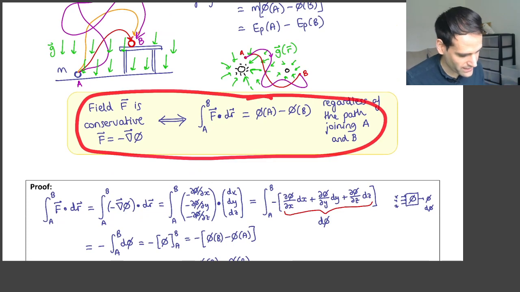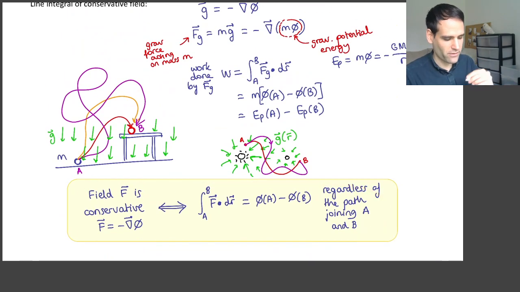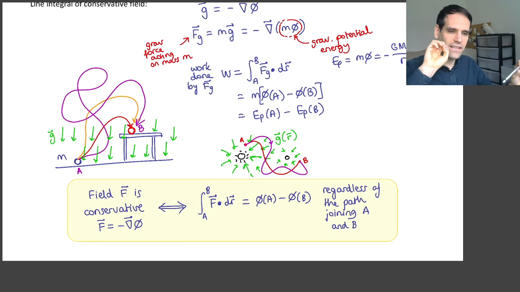And the consequence is that the work done by conservative forces, which are forces associated to a conservative field, will only depend on the potential energy at the initial point and at the final point. Actually, they will only depend on the difference between the two energies. Okay? This is, by the way, the reason why engineers that work on space travel, like sending probes to other planets and so on, they always talk about potential